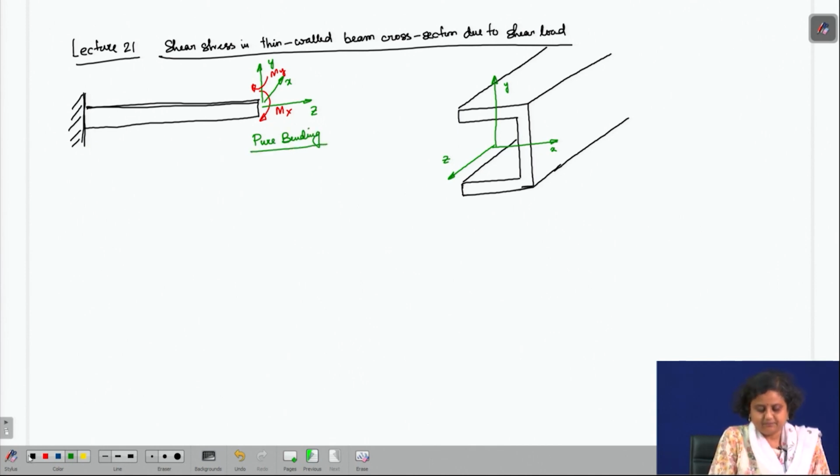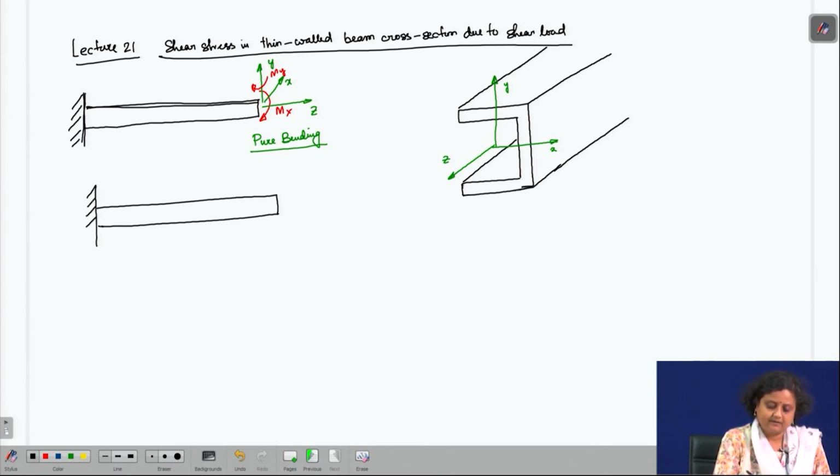Now, if I take the same beam and, instead of applying pure bending moment on the beam, I apply, this is z, this is x and this is y, a shear force, say Fx or Sx, if I apply a shear force Sy and Sx,